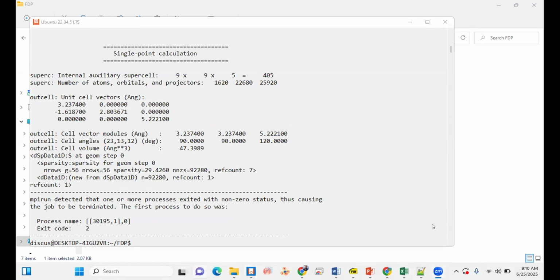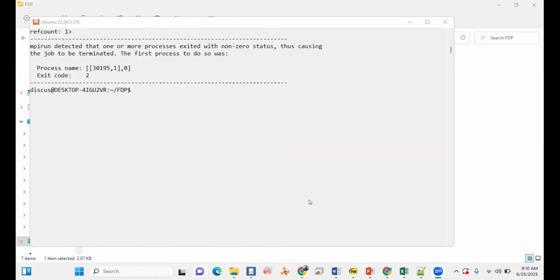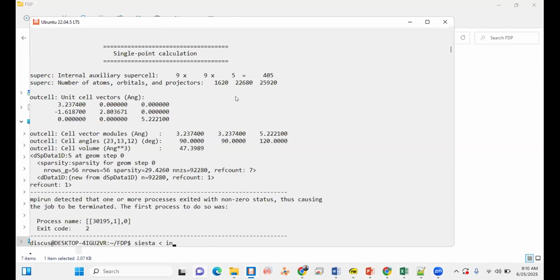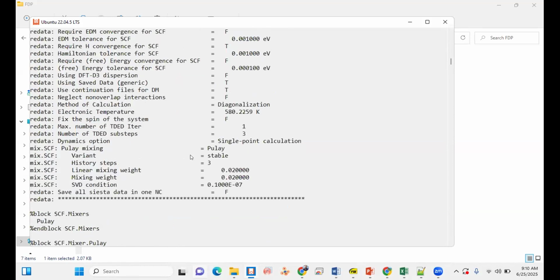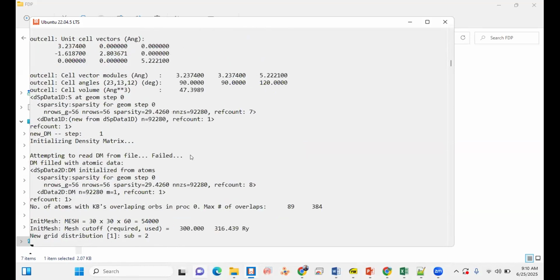So we can start this calculation some time later, or I can also use a single core: siesta less than input dot FDF, pipe tee result dot out. Then it runs, you see. So basically, because my mpirun was not working properly, that's why it failed to